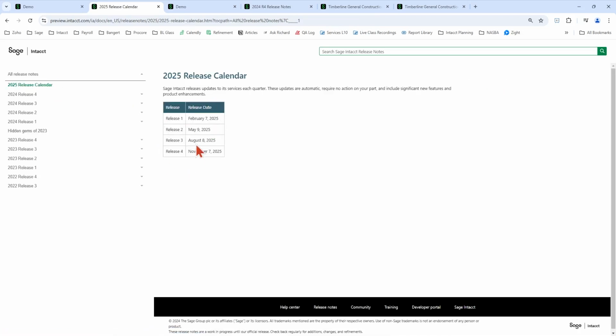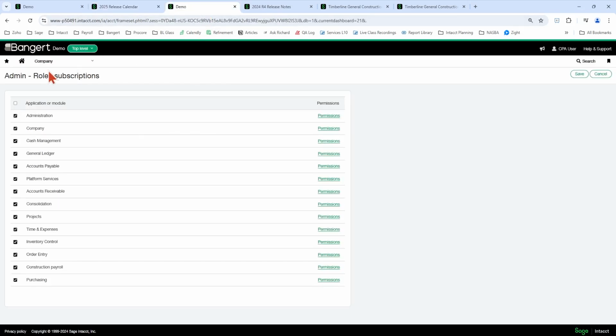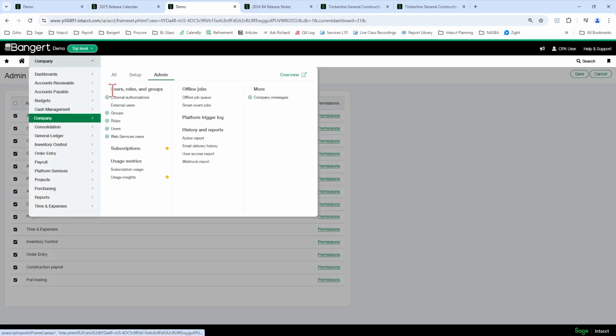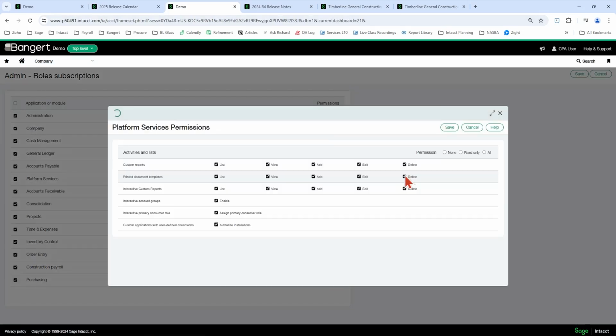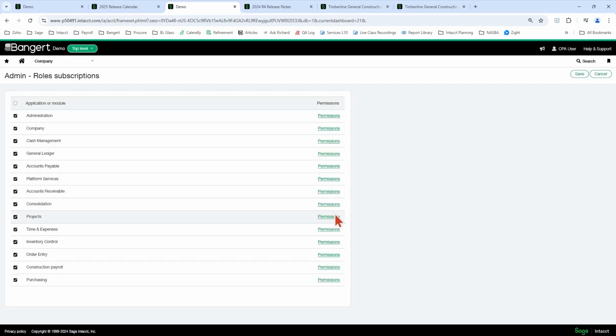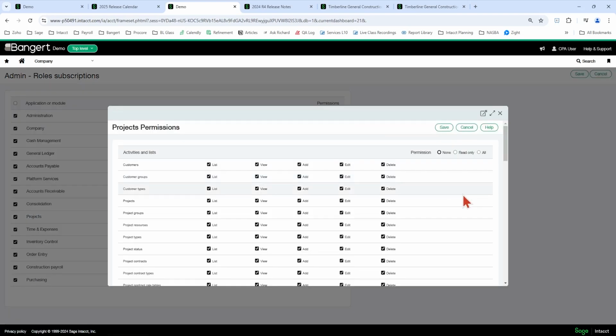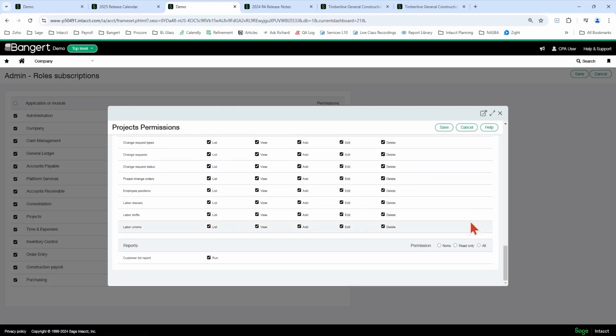Just a reminder, you want to come into your security in your roles and make sure that after the release, you're going to want to turn on those new features. So your admin role usually encompasses all features. So you're going to come in here to company admin roles, and you're going to make sure all of your bullets are turned on in each area so that all of the features are visible to you for the specific roles that you want to turn them on for. So the admin role here, I want to make sure I click all, and I come down here as well and hit all bullets. Make sure you're at the bottom. Okay. So just a few tidbits there.